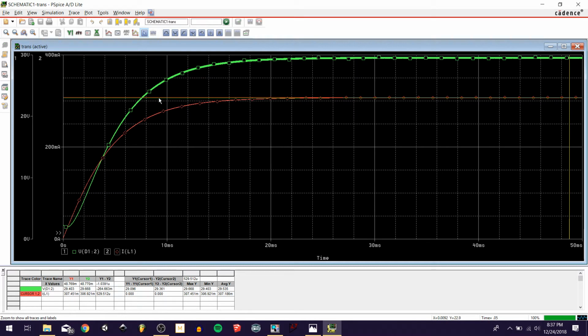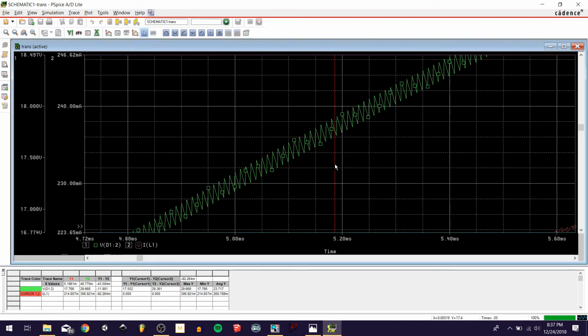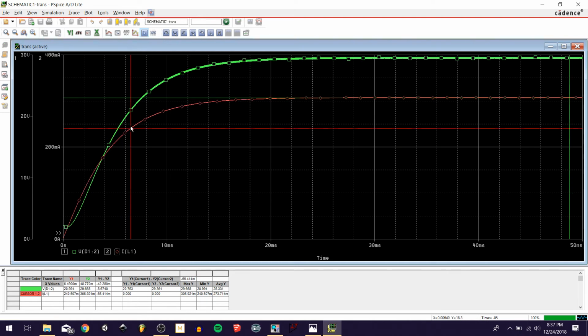Let me think. There were a few other things I wanted to talk about in this video, but I don't think I'll get into them, except for the fact that I think it's really cool to look at. Oh, whoops, sorry. Click on the zoom area button. If I zoom in on the voltage, the green waveform, I really like looking at this part. As it's getting charged up, obviously it's charging. And so if I zoom in on that area,